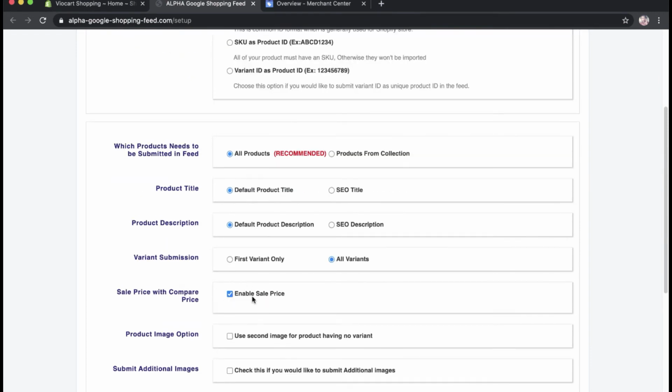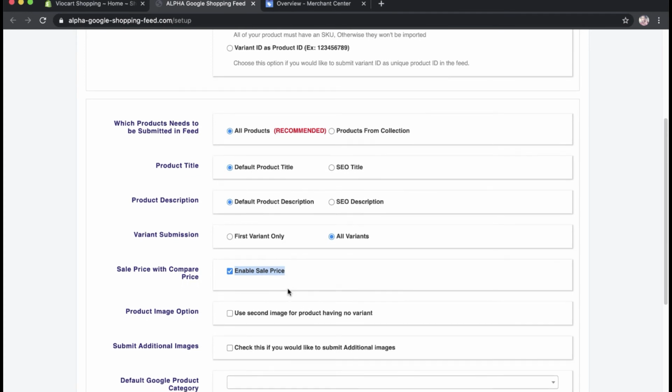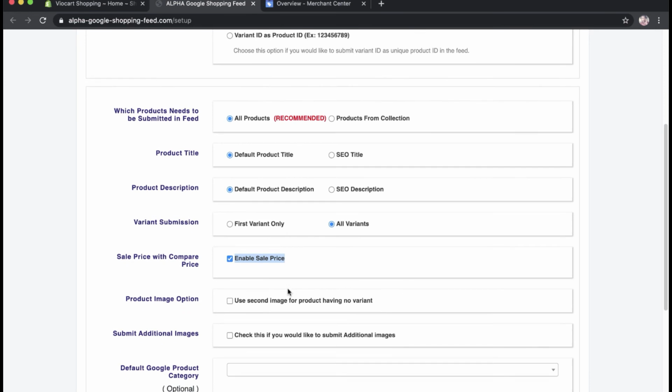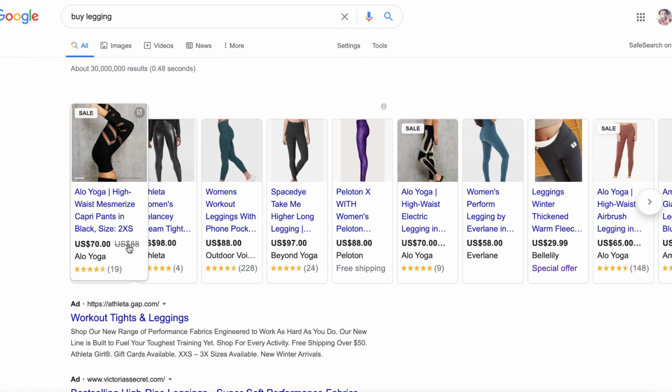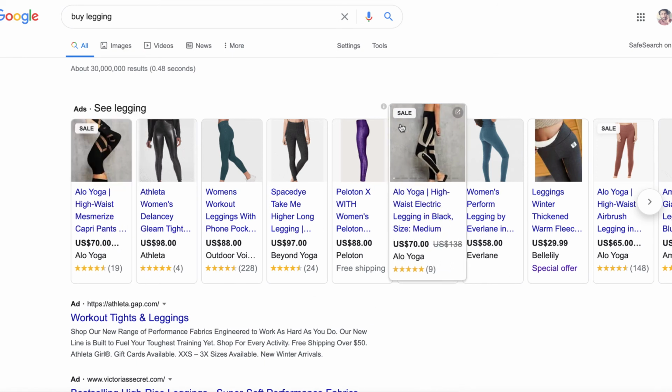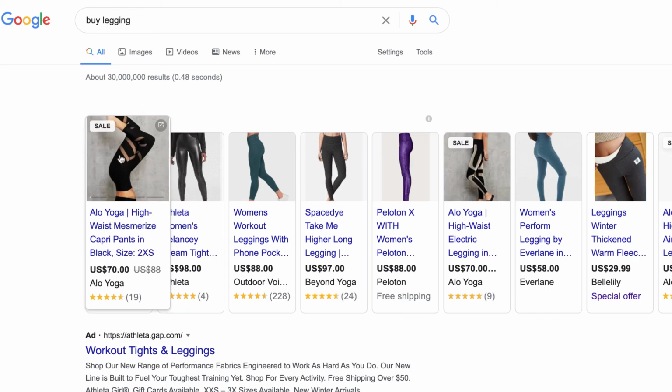Why am I enabling this feature? I love this feature and would love to recommend it to you too. I got experience with this feature and it increased my sales through shopping ads. Since it shows a sale annotation, here is a demo of how it looks on Google Shopping ads. Additional images are a wonderful way to present the ad, and enhance the product listing and sales. Check out the demo right now on screen.